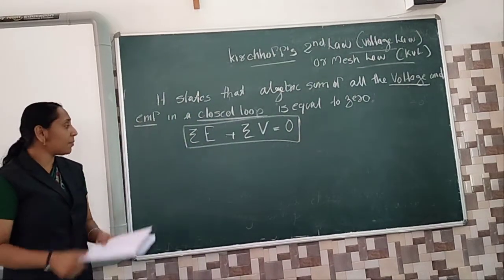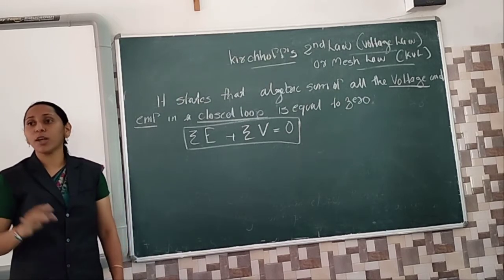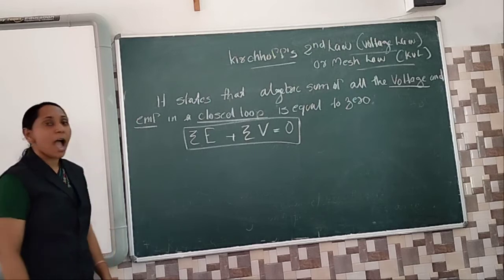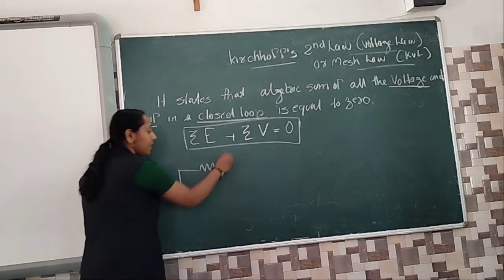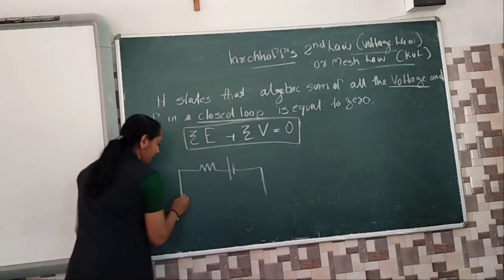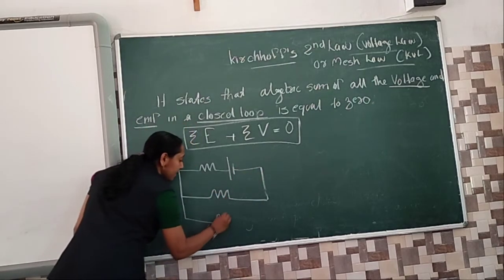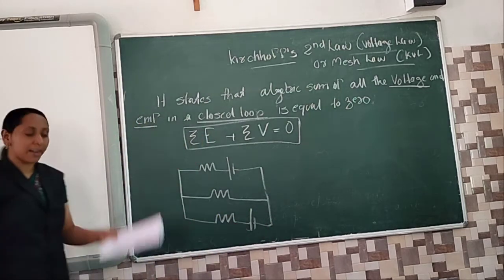So listen here. I am drawing a diagram to simplify how rule number 2 works. Everyone, don't read your textbook now. I am just considering a resistor. What is this? Resistor. What is this one? Cell. Another resistor without a cell. Another resistor with a cell. This is my arrangement, this is your given data.